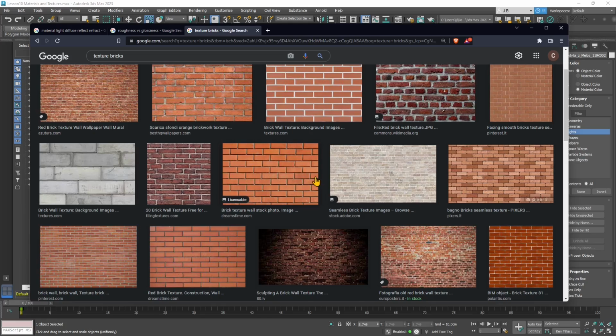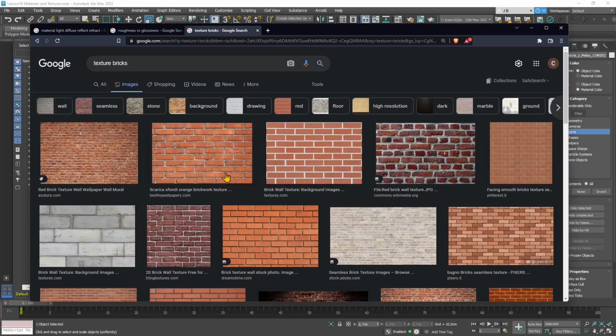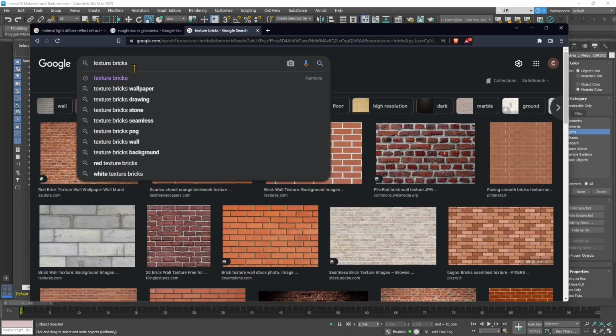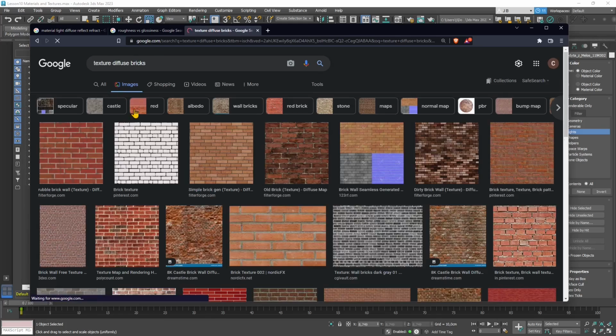These are all the textures that I would apply on the most superficial layer of my material, which is called diffuse. So it's basically the color, but this time I would not use a simple color. I'm using a combination of pixels, which is basically the image. The image is just a combination of pixels. So if I want to be more specific, I can search for texture diffuse bricks. Now, when I see those black and white